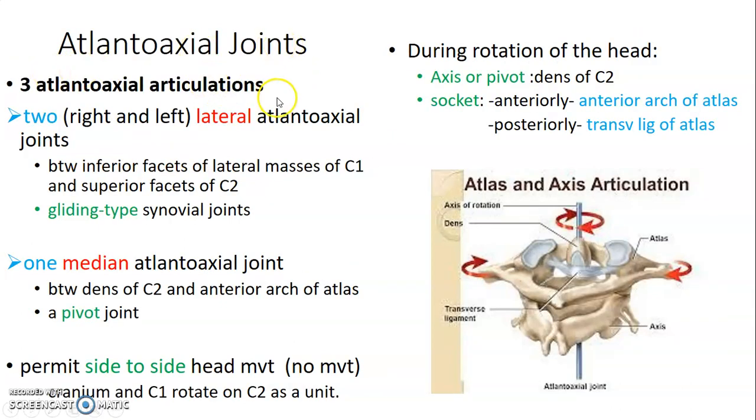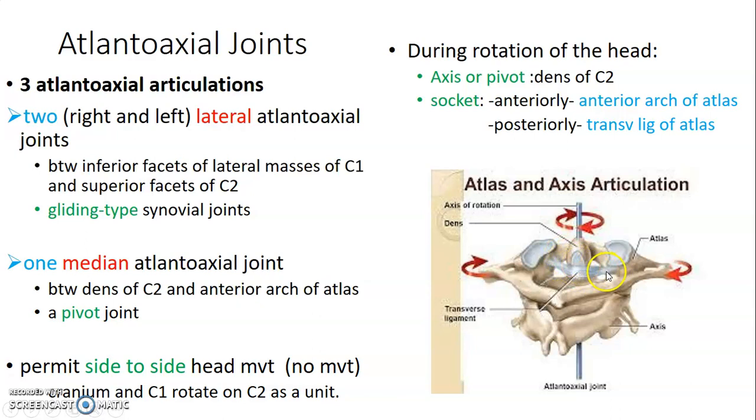craniovertebral joint. So we have three surfaces of articulation. So this is your atlas and this is your axis. You have the median joint and the lateral joint. So we start with the lateral joints. There are two on the right and left side. So between the lateral masses of C1 and C2, you form the gliding part of the synovial joints. So the lateral masses of C1 and C2 form gliding synovial joints, and then you have the median atlanto-axial joint between the dens of C2 and the anterior arc of atlas, and the socket is completed posteriorly by the transverse ligament